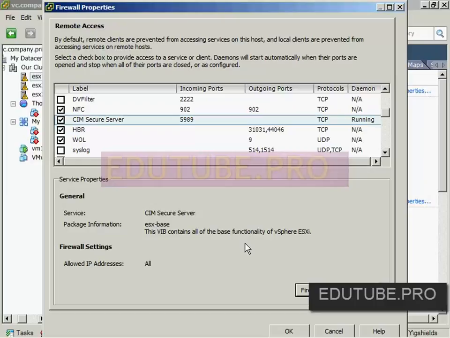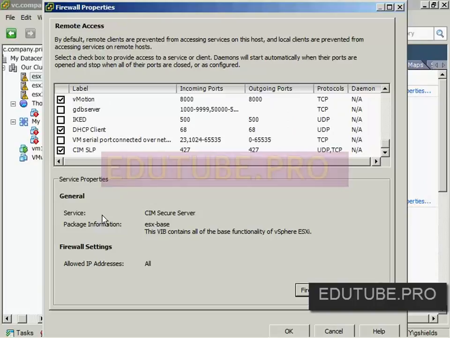Now, I will tell you that these ports, as you'll notice here, are fairly limited to the ones that are available out of the box. And while I'm not going to get directly into the specifics of how you would do it at the command line, be aware that there is a command, the ESX CLI command with the network switch. That's what you would use actually at the command line for changing which labels are associated with which different incoming, outgoing ports. Let's say you have some sort of special technology, some sort of special third-party application that requires ESX